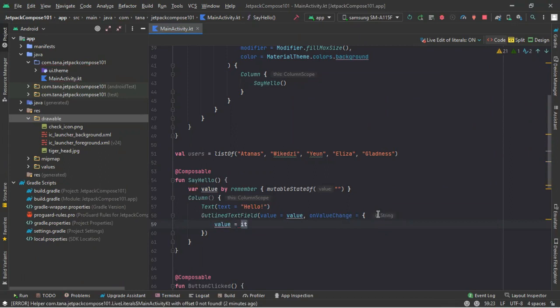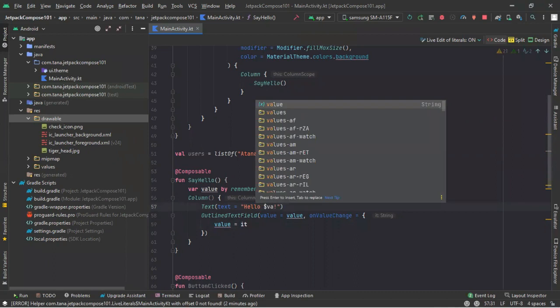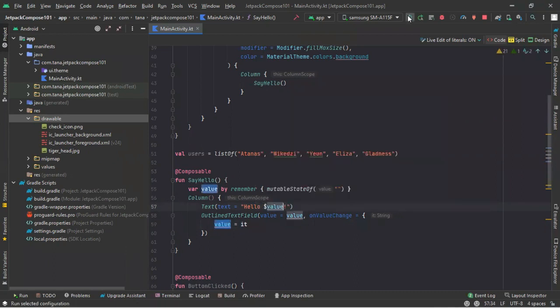By doing this, we tell the function that, okay, I have the state now, I have this input, so we set that input to be the value of our state, so that it can show in the text field. And maybe we can say we want to display that value in our composable. So if we run this right now,